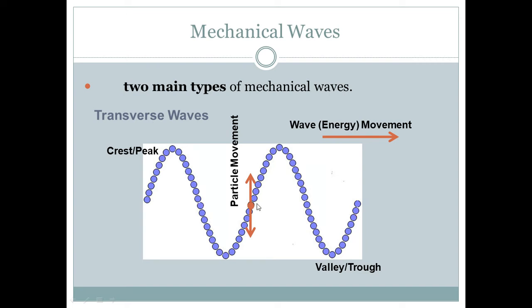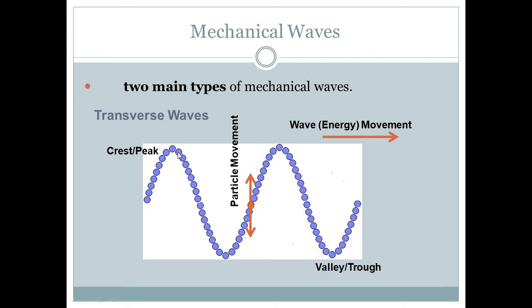Imagine that you're in a stadium and the stadium does the wave. You can clearly see the wave going all the way around the stadium constantly. But the particles, the people, stand up, sit down, stand up, sit down. They don't move with the wave, right? It's really weird to think about. They just go up and down, but the wave moves and the energy moves around the stadium. That's how waves of this type work.